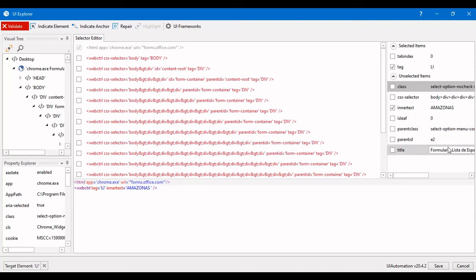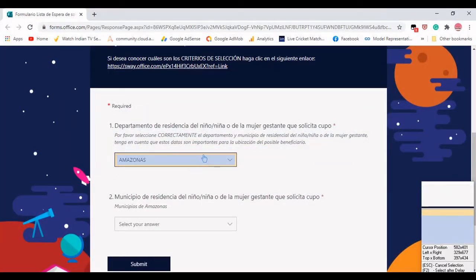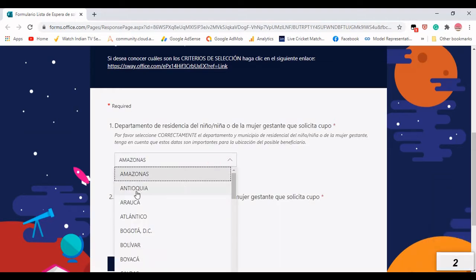Is there anything else that we can use there apart from tab index? So let us see the tab index for the other ones so that we can make up for that. So function F2 again, and now we will select the second one.